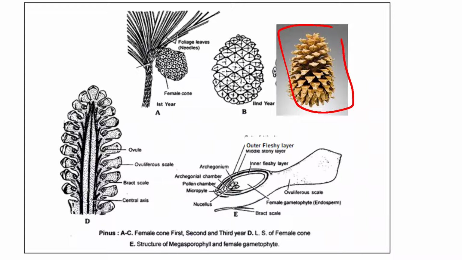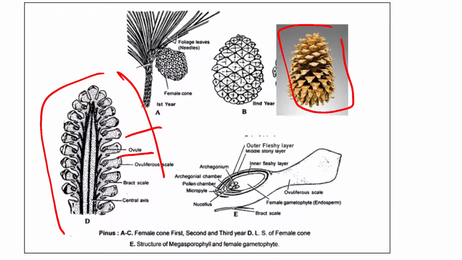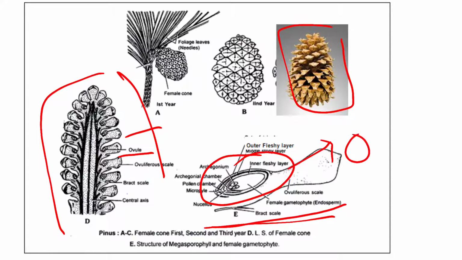If you look at the section of the female cone, each of these units is known as megasporophyll, and this megasporophyll bears the female reproductive part or ovule. Megasporophyll bears the megasporangium, and that megasporangium bears megaspore, and that megaspore will develop into ovule,